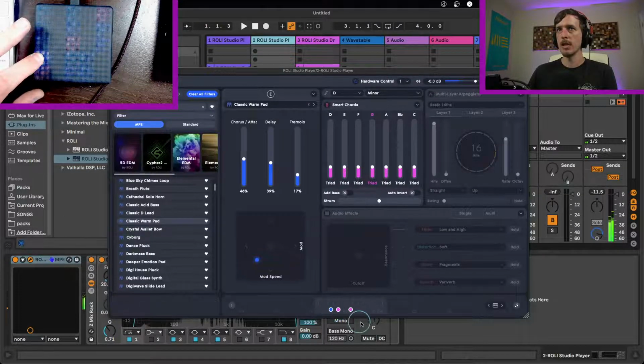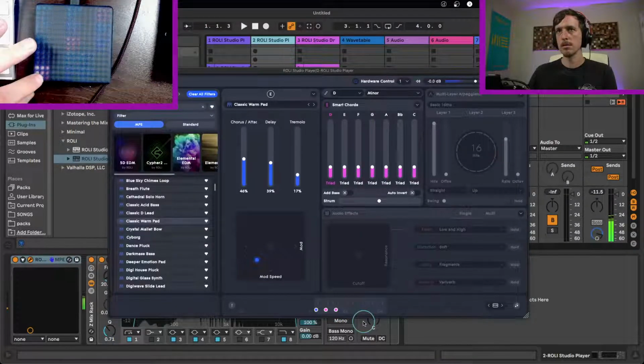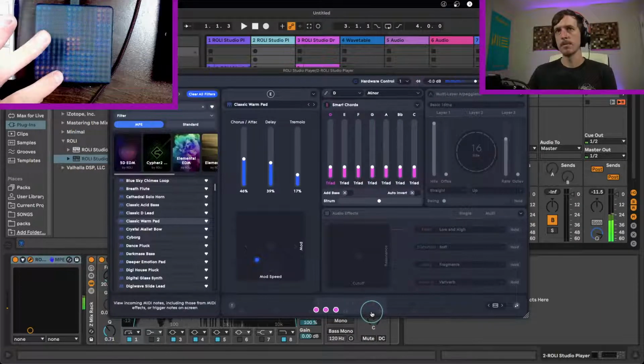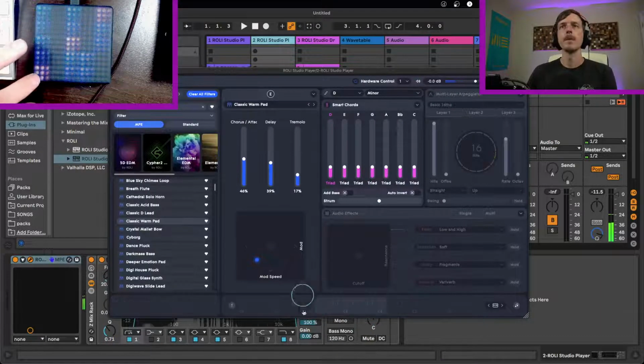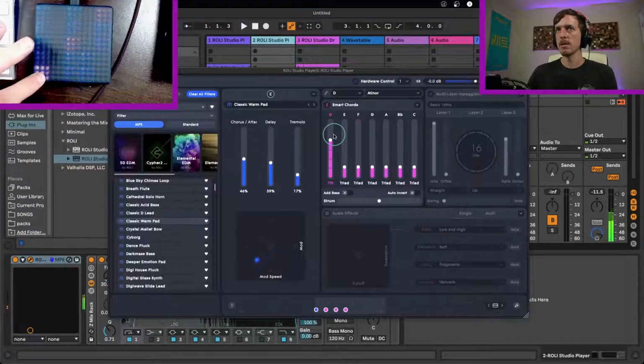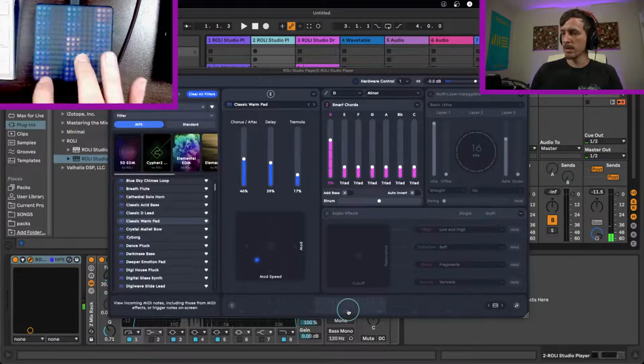I play my G chord, here's my G minor, which is pretty awesome. And then I can switch whatever chord it is. So if I want this to be a 7th chord, the blue note is the note I'm playing, and these pink notes are other notes. And if I play multiple chords together,